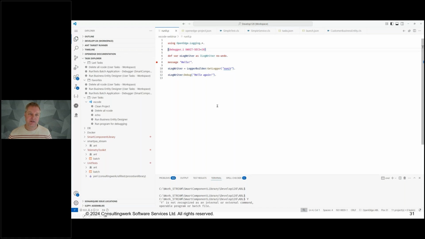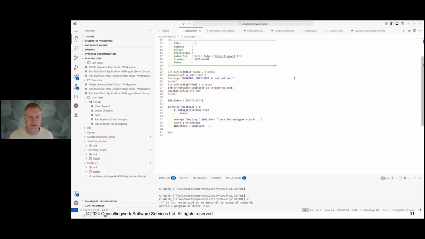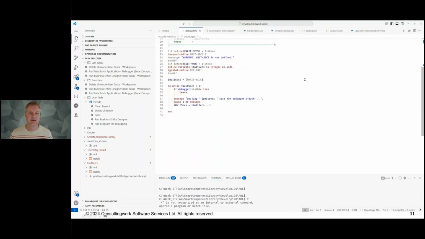In order to attach to it, and I just put it in include over here, and that should open. No, it's not opening. Why is it not opening? There it opens. Something along these lines. So I pass in some amount of time to wait, 20 seconds, 10 seconds, 5 seconds, whatever you want to do, whatever you feel comfortable with. And it's just counting down while the debugger attaches. So this kind of over here says if the debugger visible attribute is true, then debugger has attached. So what we'll see,